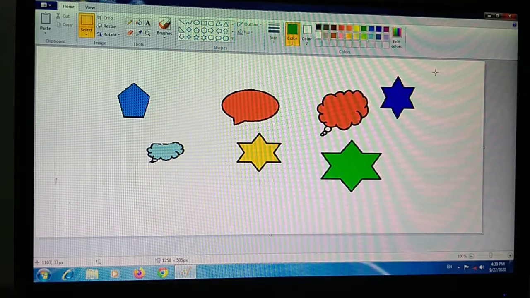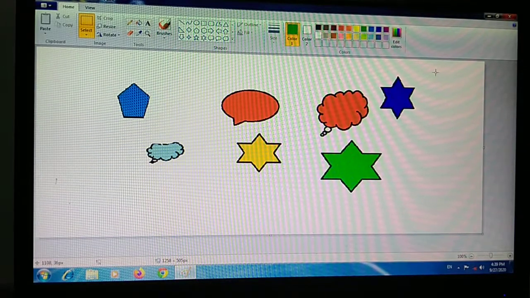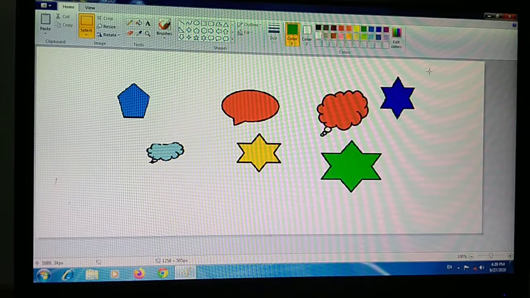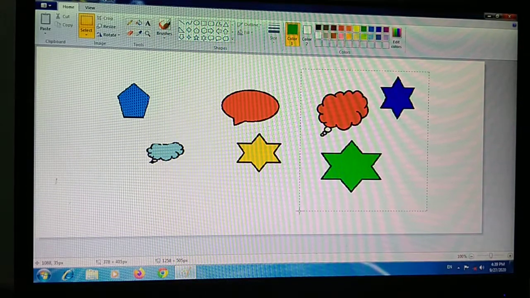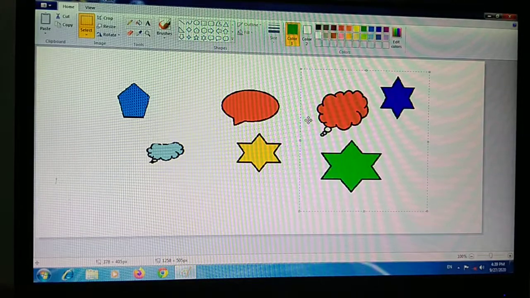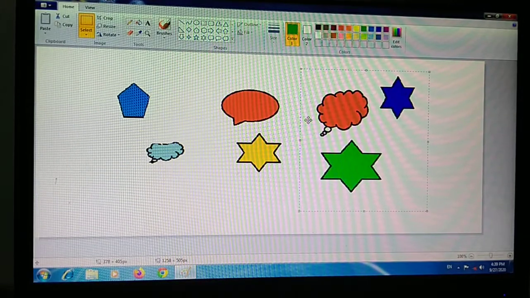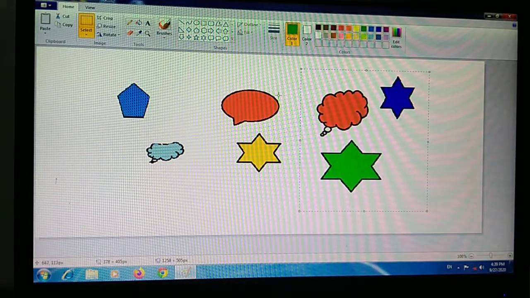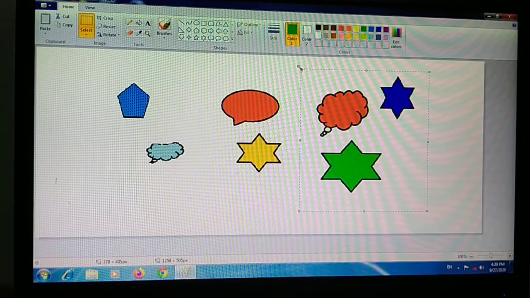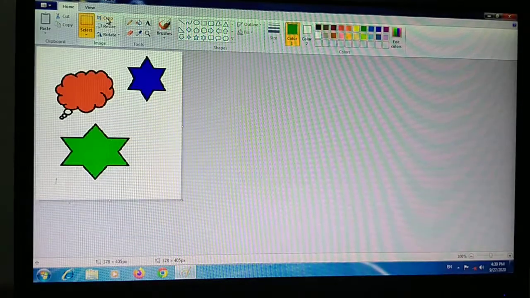After that, drag the pointer to select the part of the picture. Suppose we have selected only this part of the picture. This is the part which we have selected. After that, the selected part will be shown as a new file. This is the selected part of your picture.